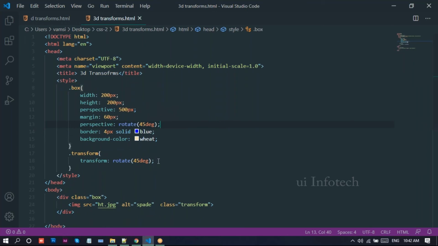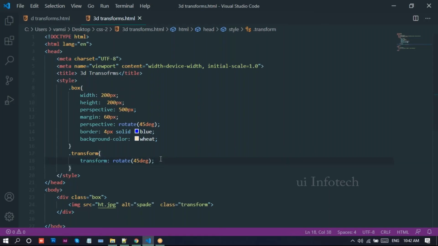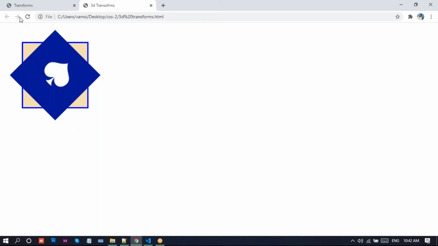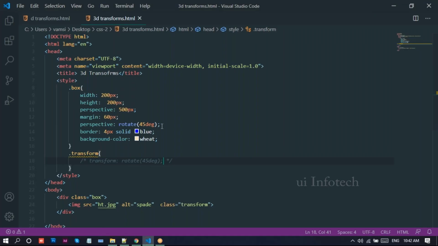Let me go to this one. Reload this page. I'll just put it in the comments there. Let me run this one on the browser. Okay, no problem. Check this one.